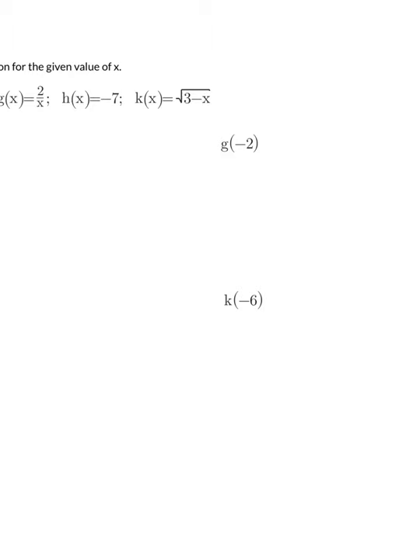In this problem, we want to evaluate the function for the given value of x. So beginning with f of negative 2, that's how you would say what's written here. F of negative 2 means replace x in function f with a negative 2. So we get